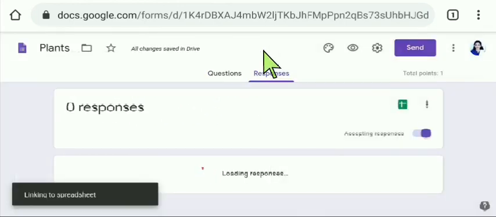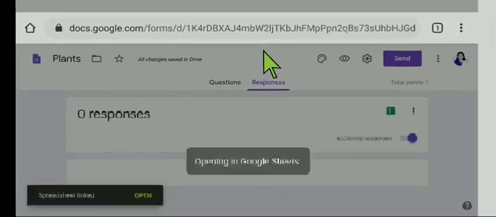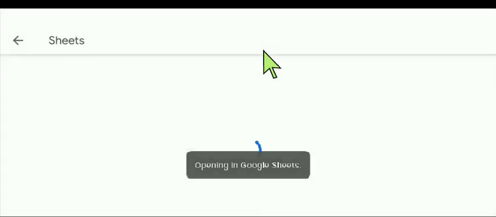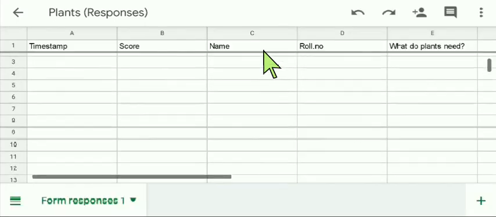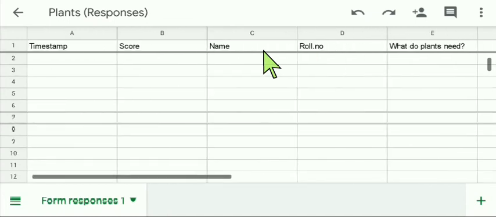Create. Yeah, no one has attempted, so it is showing empty. If your children have attempted, this Excel will be filled automatically.